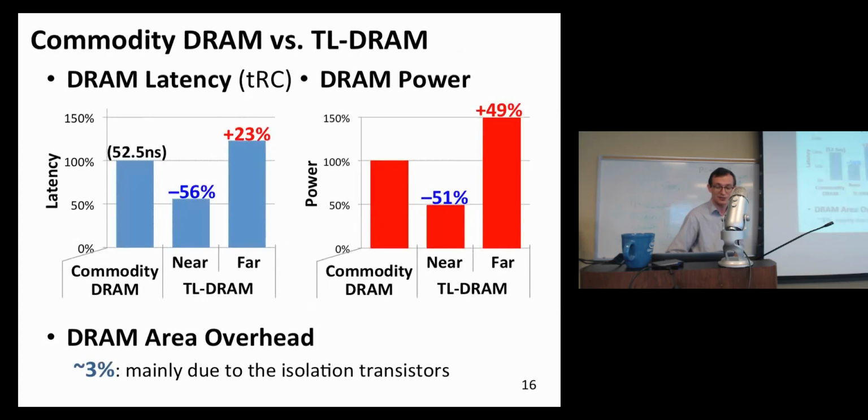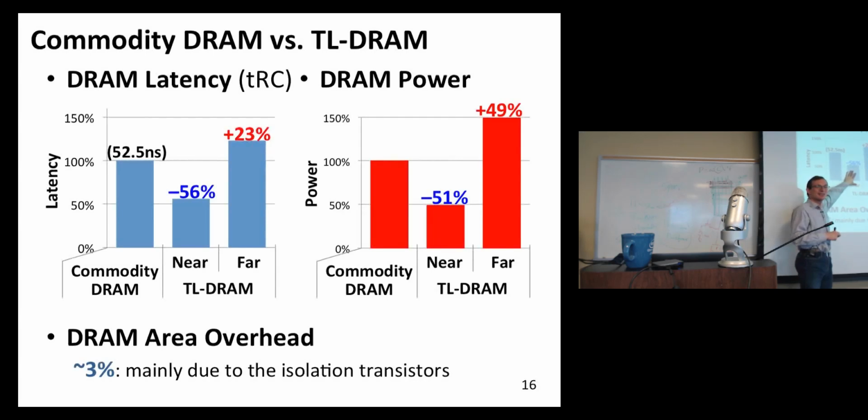And you remember Donghyuk showed you some latency and area evaluation, which shows that near segment access latency is much smaller than commodity DRAM, that is, homogeneous bit line. This is 512 cells per bit line. In the near segment, if you have 32 cells per bit line, the access latency is 56% less. In the far segment, you have 480 cells per bit line. The access latency is 23% higher compared to homogeneous subarray. Why is it higher? Because you have additional resistance when you enable these isolation transistors, right? And the power is very similar,